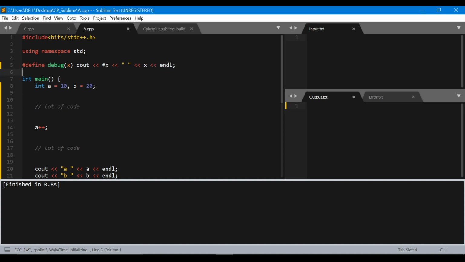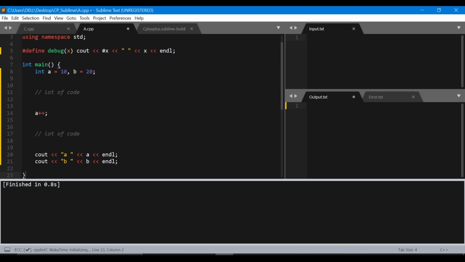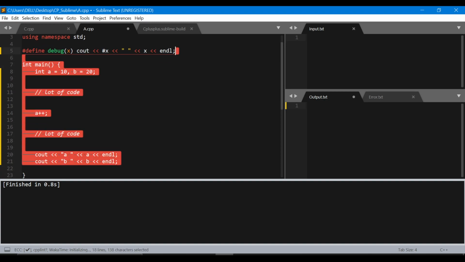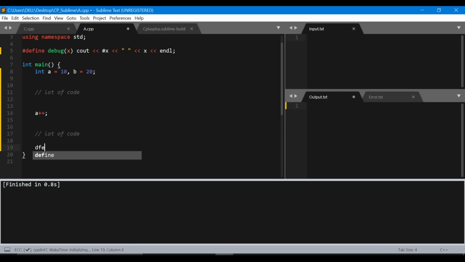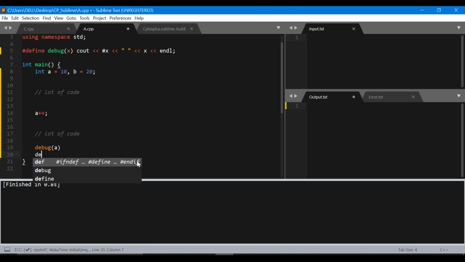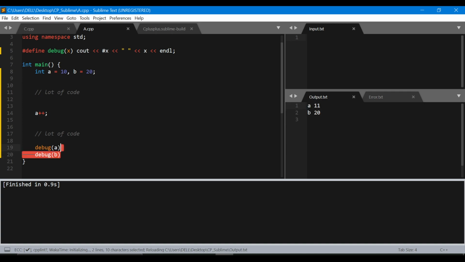I mean, it will print out the name of the variable and it will also print out the variable's value here, right? Now let's say instead of doing this, you do debug a and you do debug b. Now see, the exact same thing happened, but you didn't have to write that same line of code again and again. Why? Because you have a function here now. So now you have this debug function for yourself, which you can use to print out any simple variable.